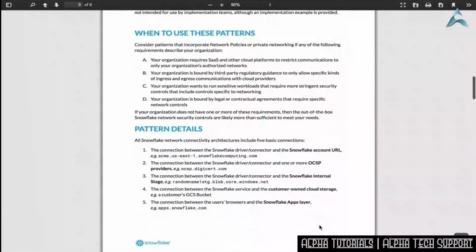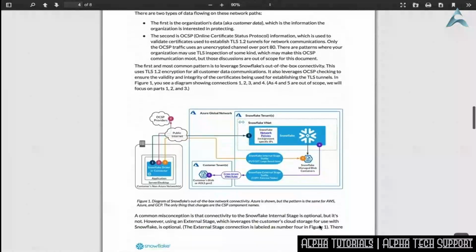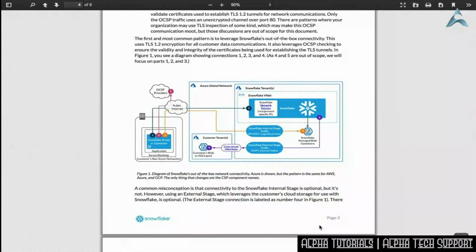I'll scroll down here for Azure, and they are very specific in terms of the most common use case. What they're talking about here is the different security perimeter boundaries enforced by policies, as we just looked at, around Snowflake itself. And then if you have associated blob containers, which is a really common scenario, and if you have associated applications either on desktops or outside the boundary of Azure in this case,